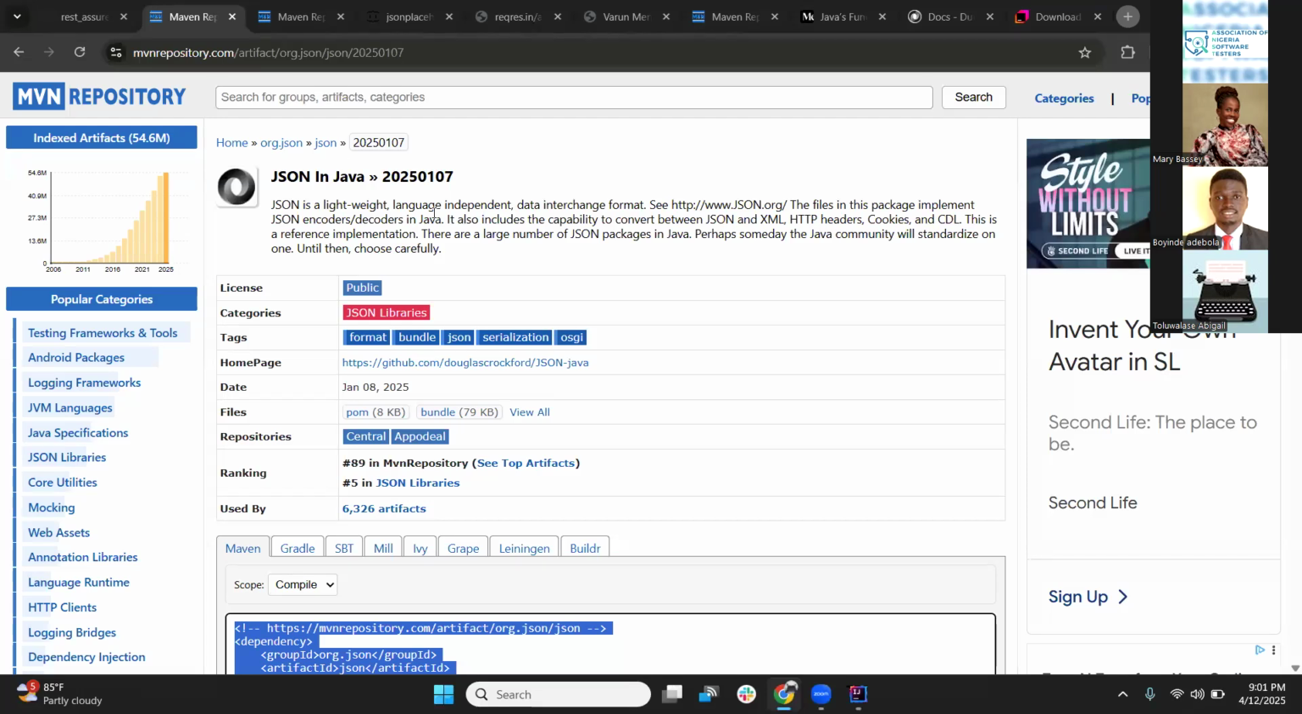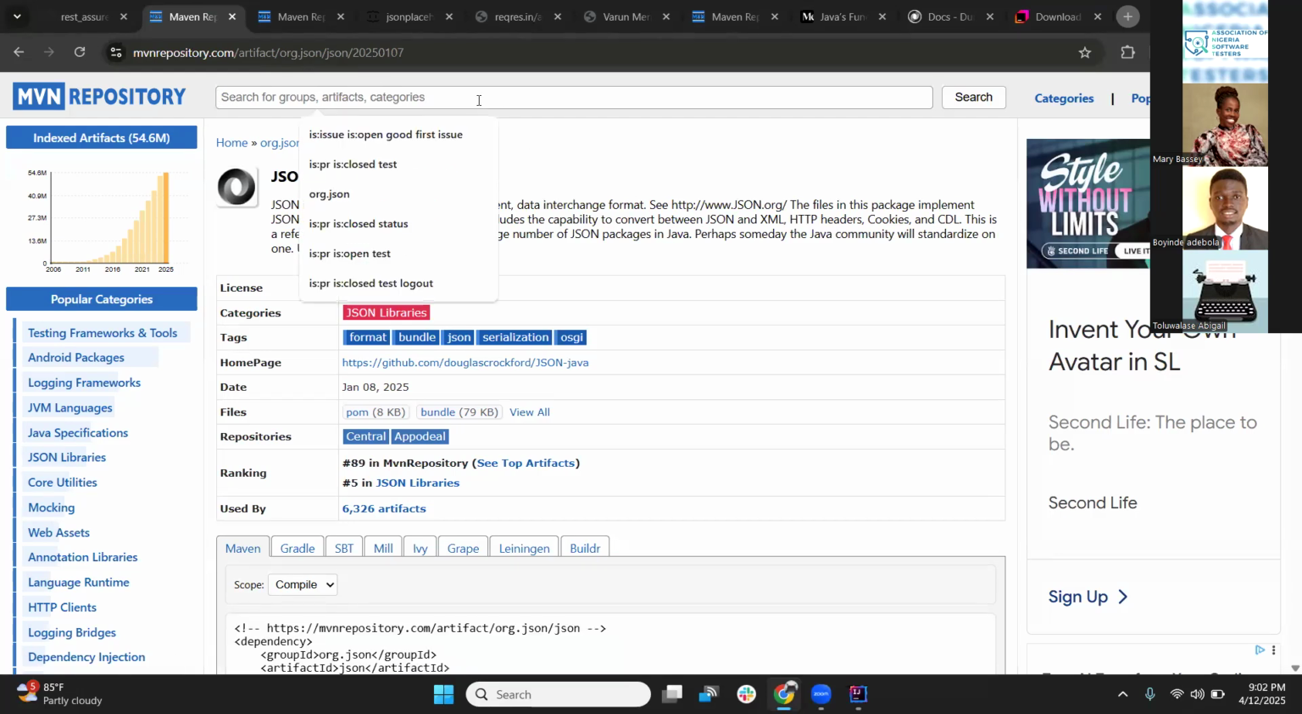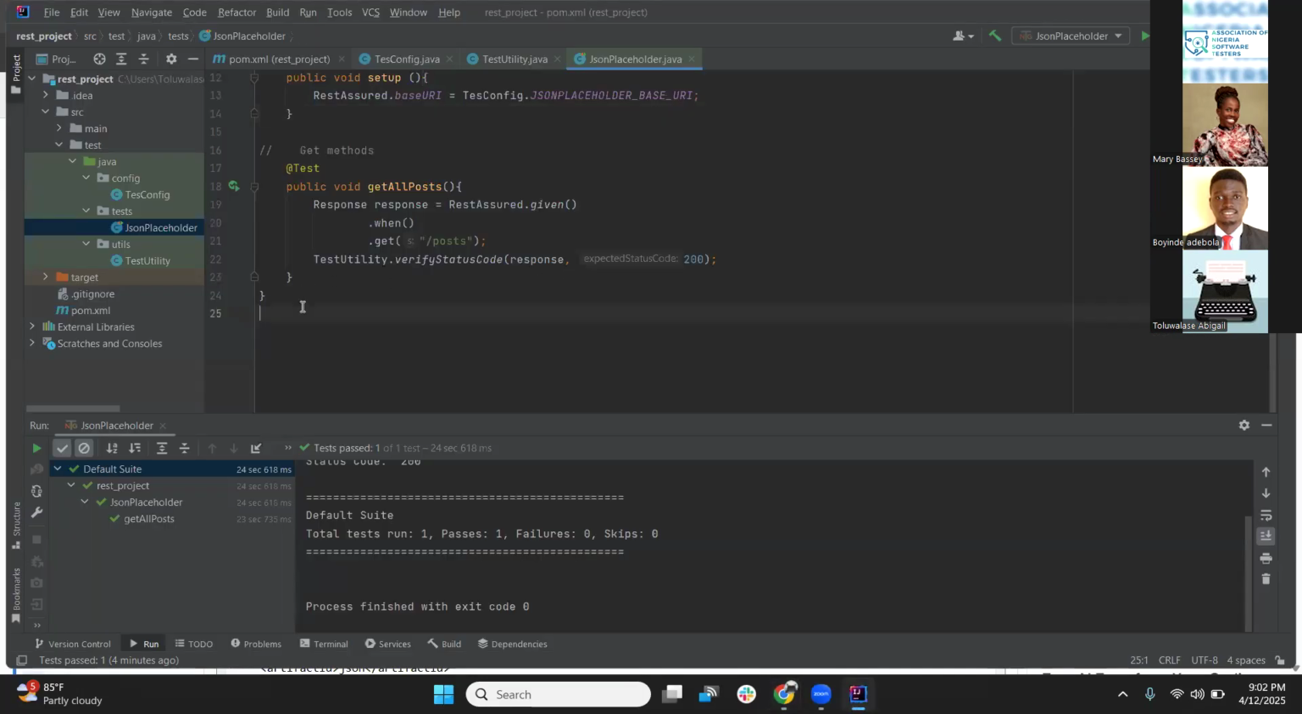Okay, so I sent the URL in the chat. For us to be able to run any test in Java, we need TestNG. That's why I went to this Maven repository and accessed TestNG. Maybe I will list it out here. We have org.testng. That's number one. We also have the